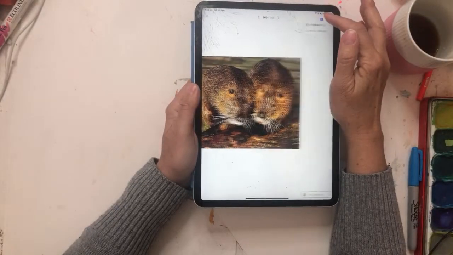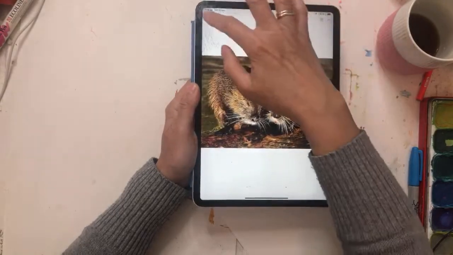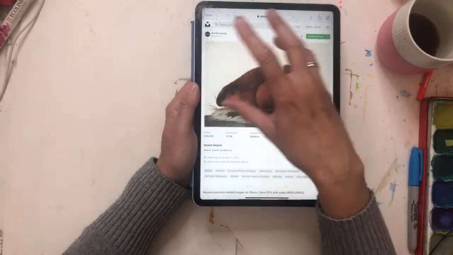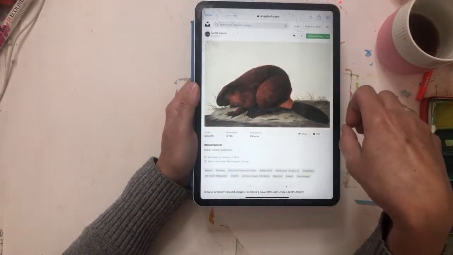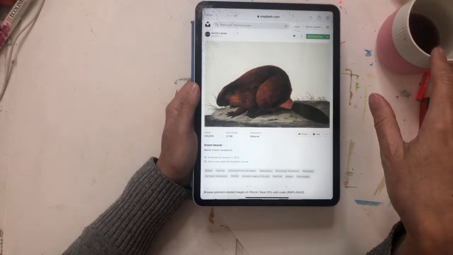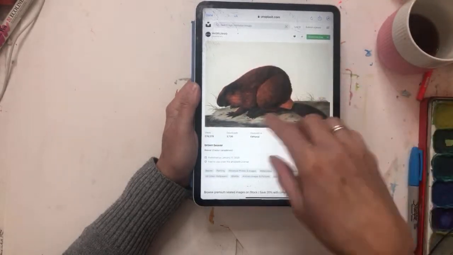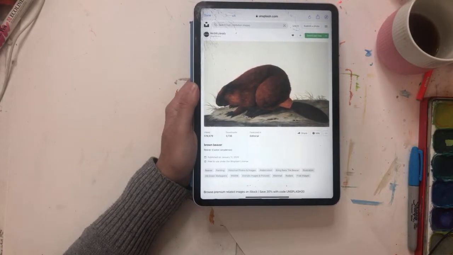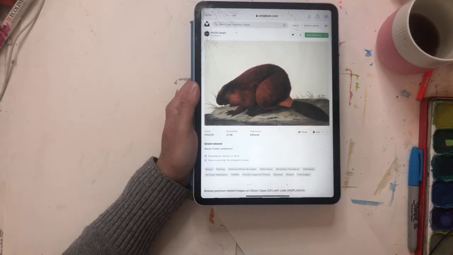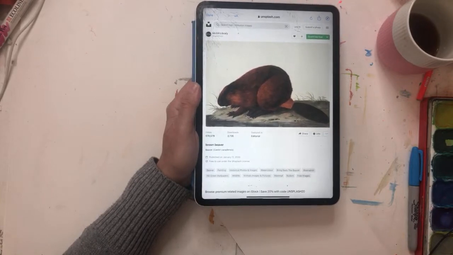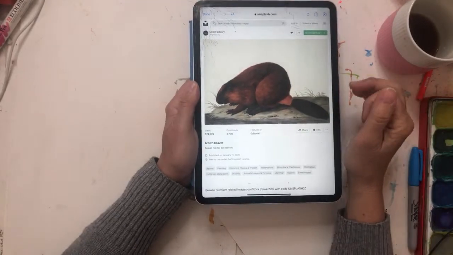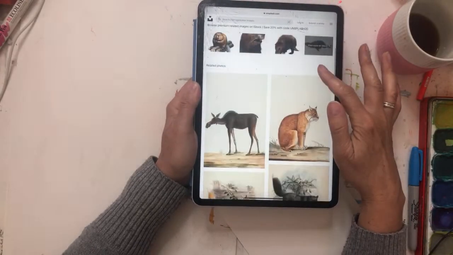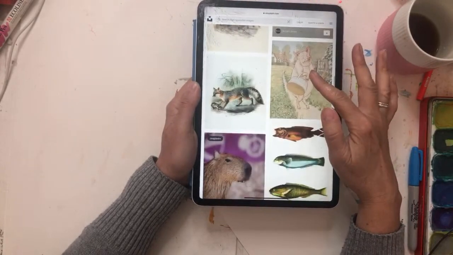And this is the other one. I think this one was also by C. I really love the top one, and I thought it would be interesting to look at the shape, maybe do some negative space, do some different colored beavers, just look at the actual shape. If I had my stamping material out, I would have made a stamp this morning, but I don't have it. So maybe do some monoprinting. But I would like to work from this one a little bit today. This is actually a lovely page.